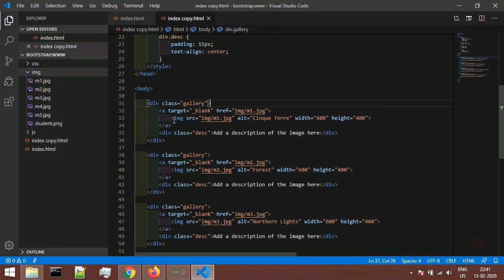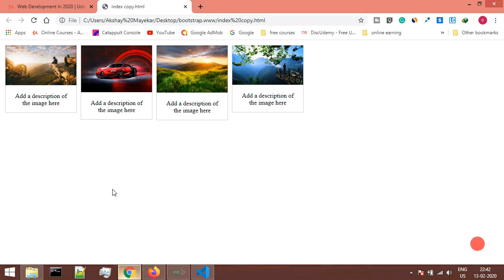Okay, so I'm making use of the image tag to show the image. I have given the source as the image folder, inside which there is m1.jpg. This is the link of that image. I've given the alt. You could give the alt whatever you want. Okay, so if that image is not displayed, then this text will be shown in place of that image. And I've given the width of that image as 600 and the height as 400. So basically this is how things are working over here. This is the width of the image, 600, and this is the 400 of height.